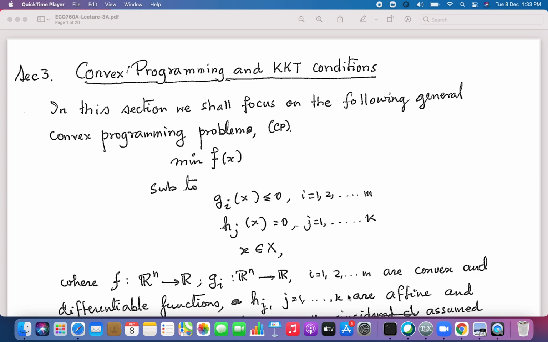Convex programming problem means either you're maximizing a concave function over concave inequality and affine equality constraints, and an abstract constraint given in terms of inclusion in a convex set, or you are minimizing a convex function with convex inequality constraints and affine equality constraints. Please understand, whether you are talking about concave maximization or convex minimization, equality constraints always have to be affine, because if you take a non-affine convex function,